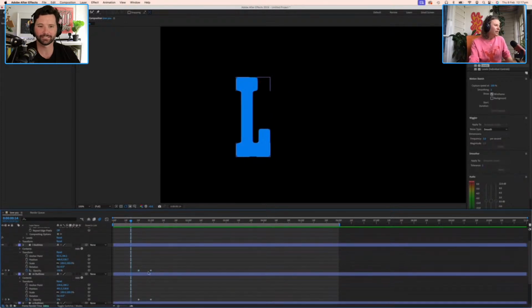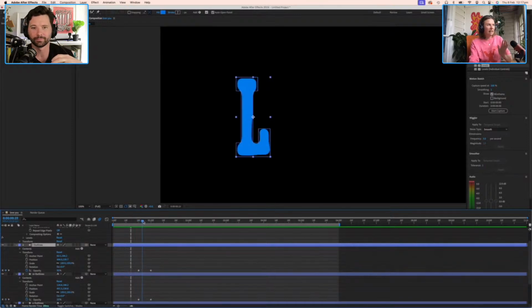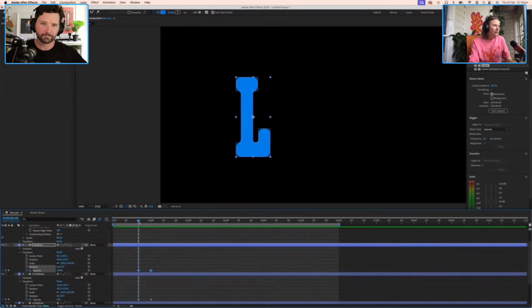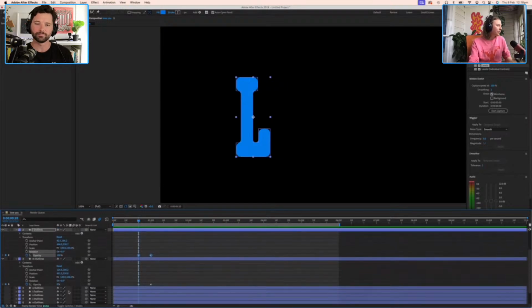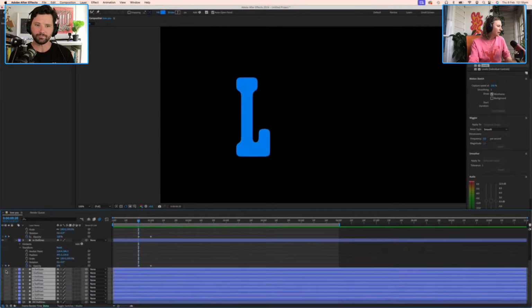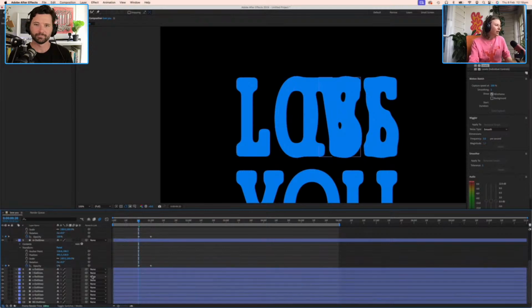So if we take our starting L, where we begin at 100% opacity and go down to 0, take these two keyframes. To start with, I'm just going to have all our action in sync, and then we'll play around with the timing of things. So let's switch these layers back on.